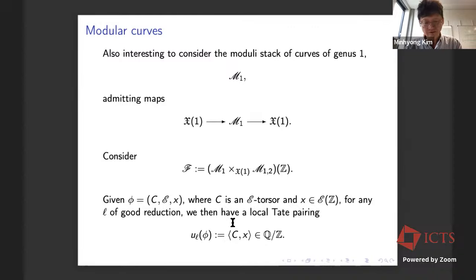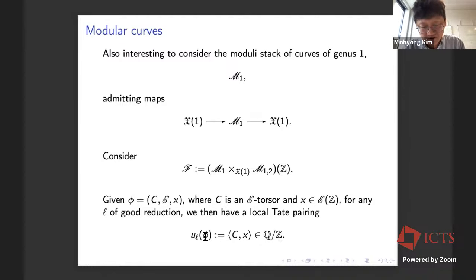Well, then it's very easy because you can take a prime of good reduction, for example, and pair again the torsor and the point. Oh, sorry, you don't do this for reduction mod p, but you do this in the local field. Right? Then you get the local Tate pairing between points and H1, and get an element of Q mod Z.